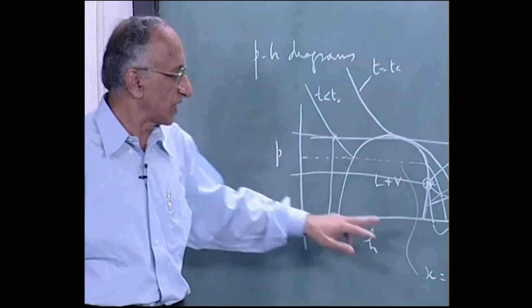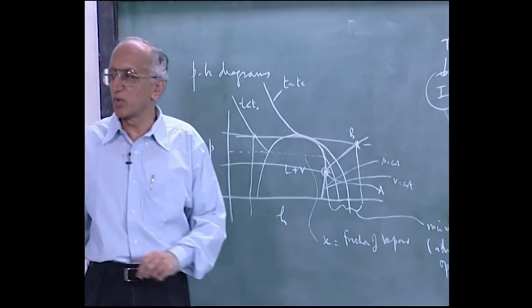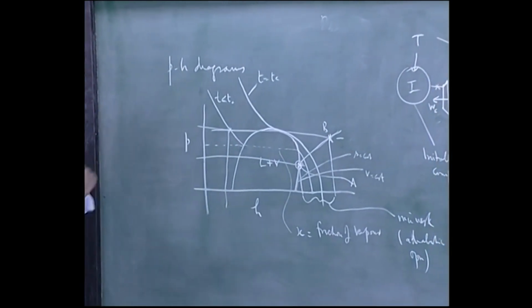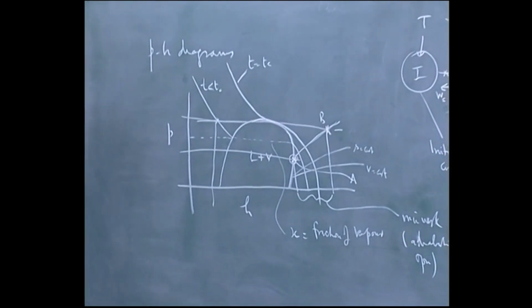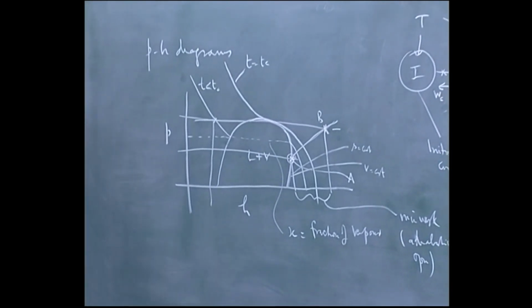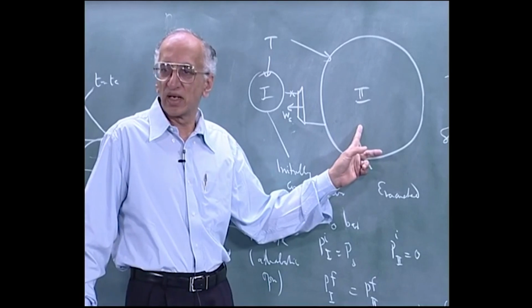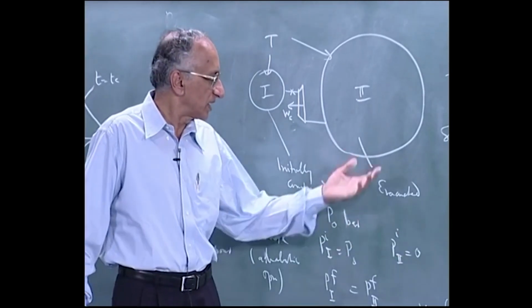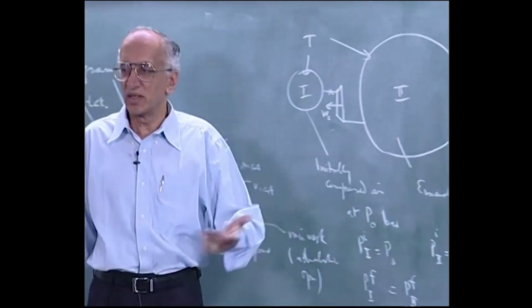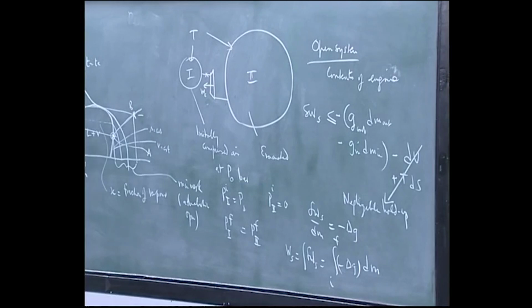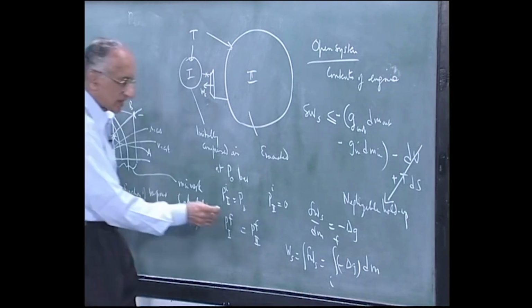On this diagram, what is plotted are constant specific volume lines. So instead of the m there, mass is simply equal to volume by the specific volume. In this case, for example, you can take the mass here, you can integrate over this condition here, and the mass here will be simply the total volume of cylinder 2 divided by the specific volume in cylinder 2. Okay, this is actually the hard way. I will do this calculation in a minute,